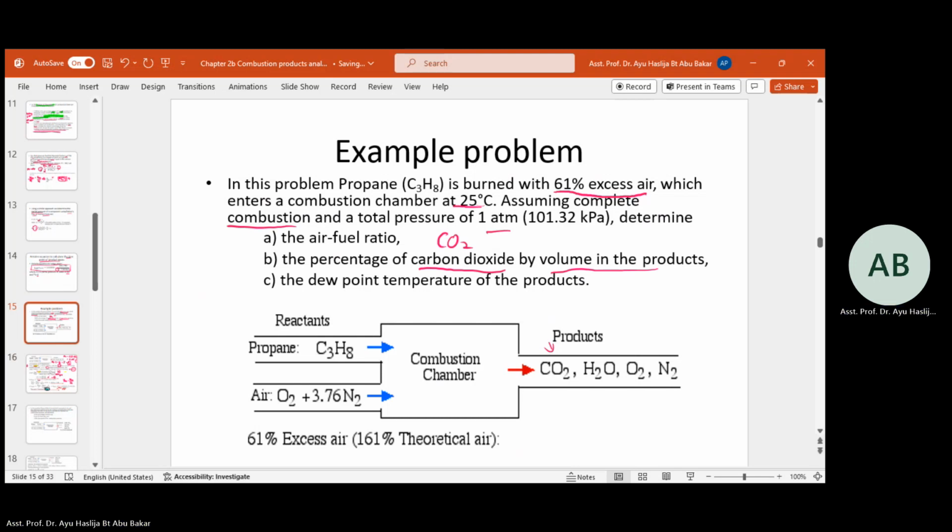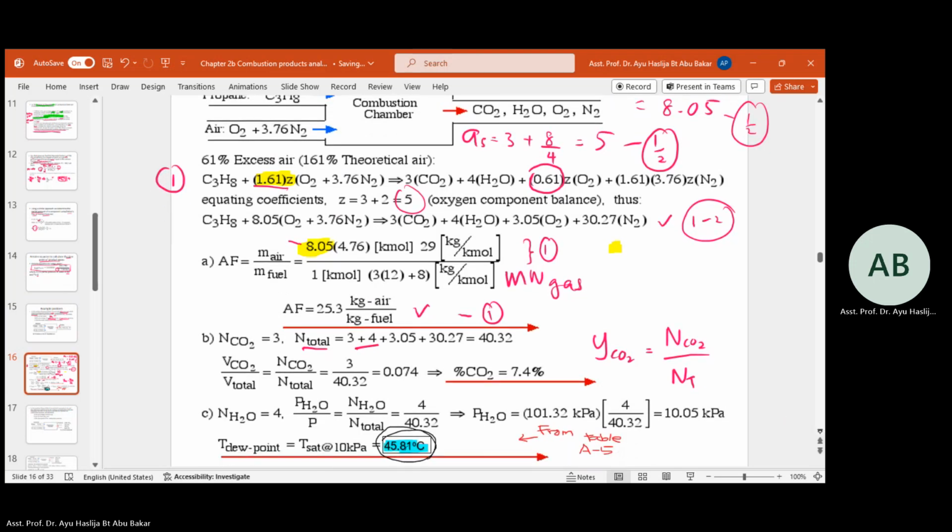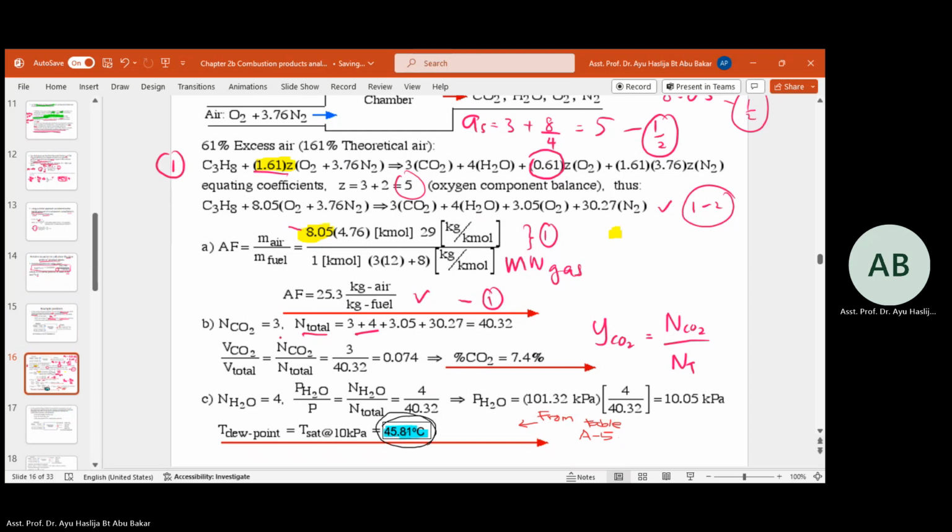So you can use either one. Kalau question tak state, either one is correct. Kalau kat sini dia ambil as in total inclusive the water, wet. Okay. So from there, NCO2